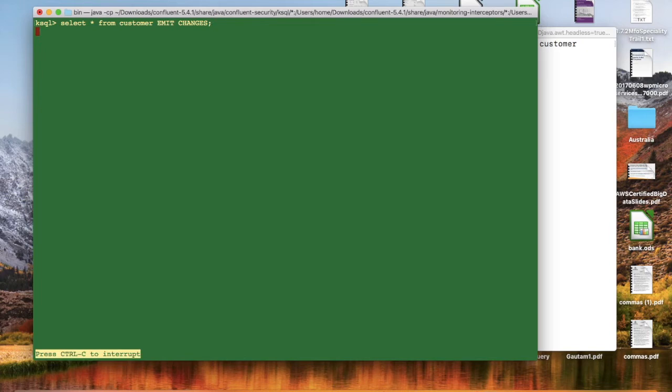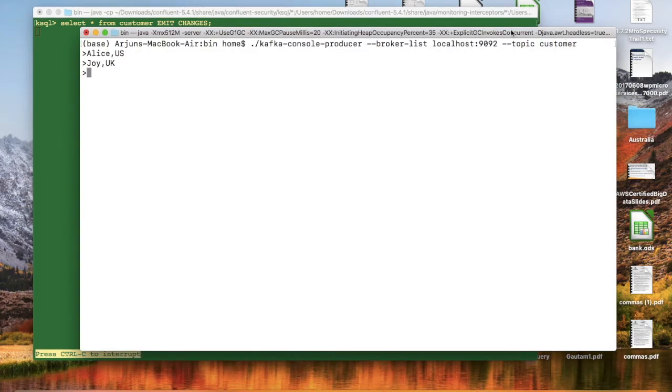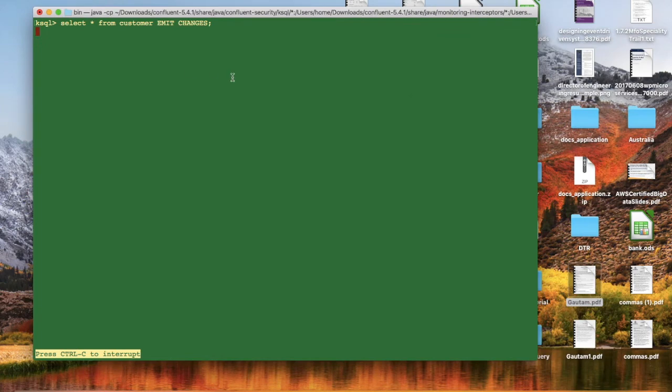The stream has started, but I cannot see any data. The reason is it will show only the latest value. Whatever I insert now, it will show that only. But what if you want to see the old records, the records which are already inserted in the topic? If you want to see those, for that we will talk about one important property,